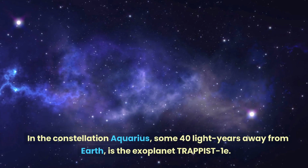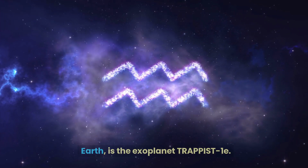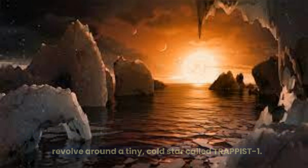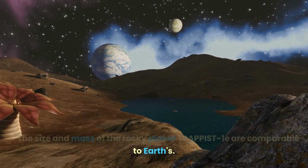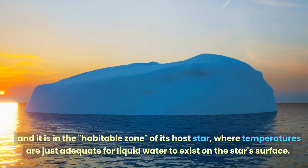In the constellation Aquarius, some 40 light-years away from Earth, is the exoplanet TRAPPIST-1e. It was found in 2017 as a member of the TRAPPIST-1 planetary system, which is made up of 7 planets the size of Earth that revolve around a tiny, cold star called TRAPPIST-1. The size and mass of the rocky planet TRAPPIST-1e are comparable to Earth's, and it is in the habitable zone of its host star,